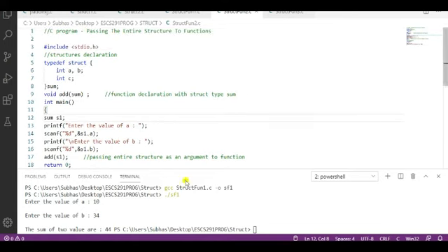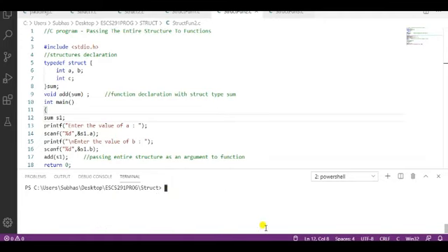Let me clear the first one. gcc, the file name is structfunc2.c. Then -o, and the new name is stf.